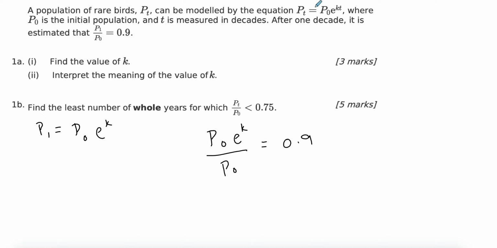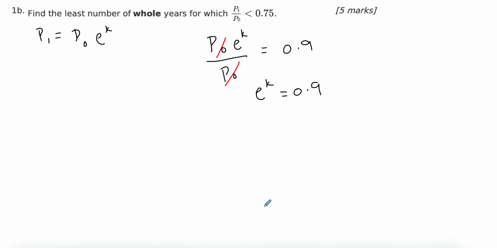And from the beginning, you might be wondering, well, we don't know P of 0. Well, it doesn't matter because it's going to cancel out here. So I'm left with e to the power of k is equal to 0.9. And you're going to take the log, but not using log, you're going to use the natural log. So ln of e to the power of k is equal to ln of 0.9, and you should be very practical with this. k becomes a coefficient, ln of e is equal to 1, so k is equal to